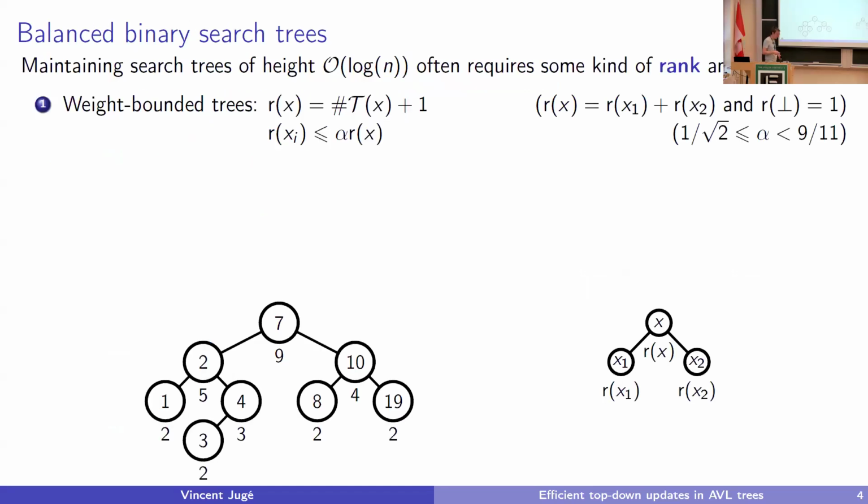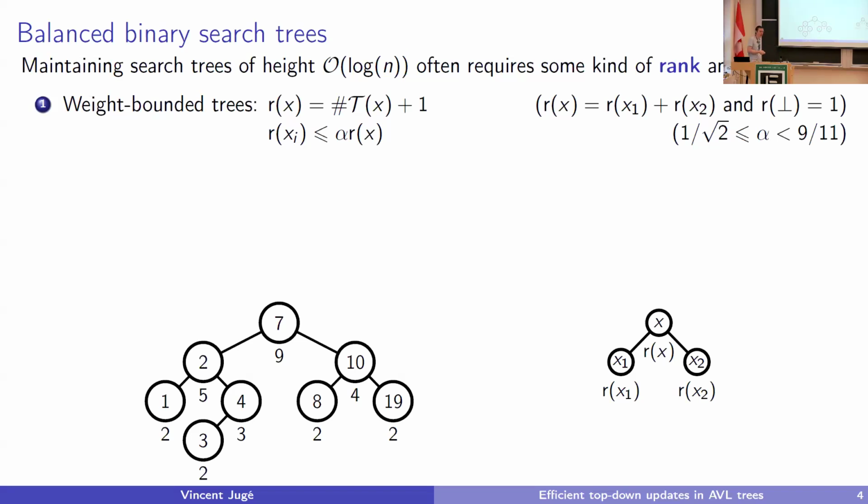So now, I have my binary search tree, but I want it to be balanced, or at least I want it to be of small height. The smallest height you can have will be logarithmic in the number of elements. So let's look for that. A standard way to ensure that my tree will be of logarithmic height, even in the worst case, is to maintain some kind of rank and balance between the ranks. So here I will present 4 families of trees with these kinds of ranks and balances between the ranks, just to give you an illustration.